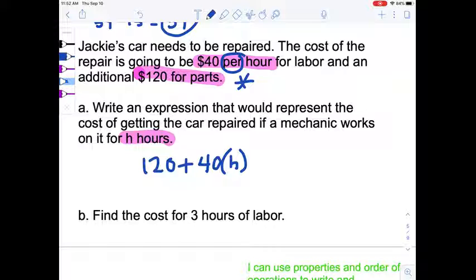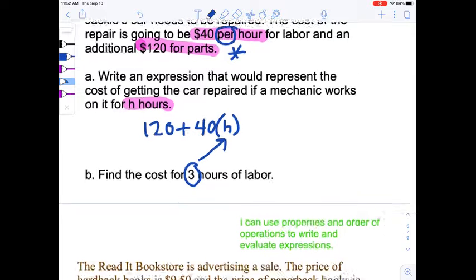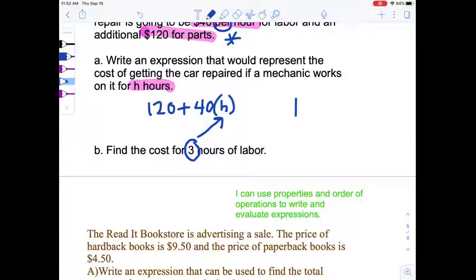Then it says find the cost if they worked on the car for 3 hours. So I'm going to take that 3 and plug it into my variable H and solve for my total cost. So I'm taking 120 plus 40 times 3. I have addition and I have multiplication. Following PEMDAS, we always do multiplication before addition. 40 times 3,